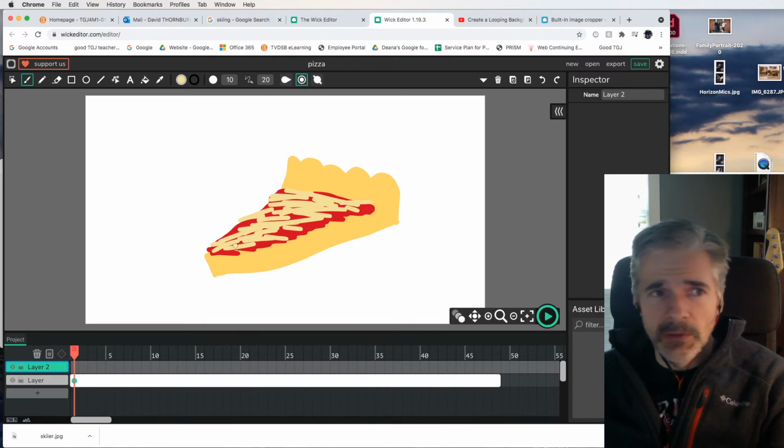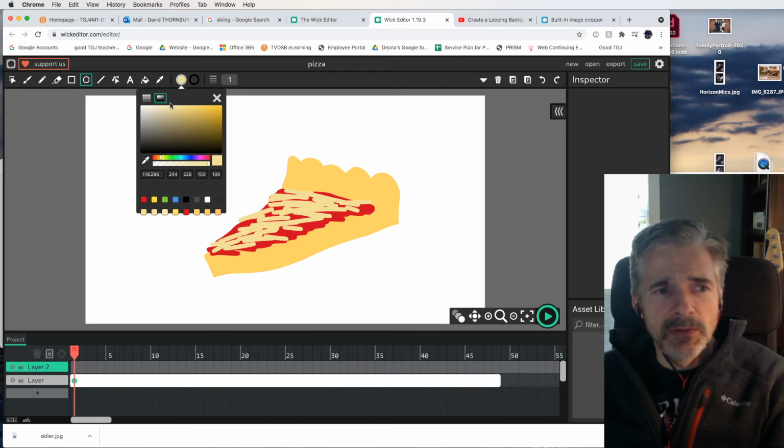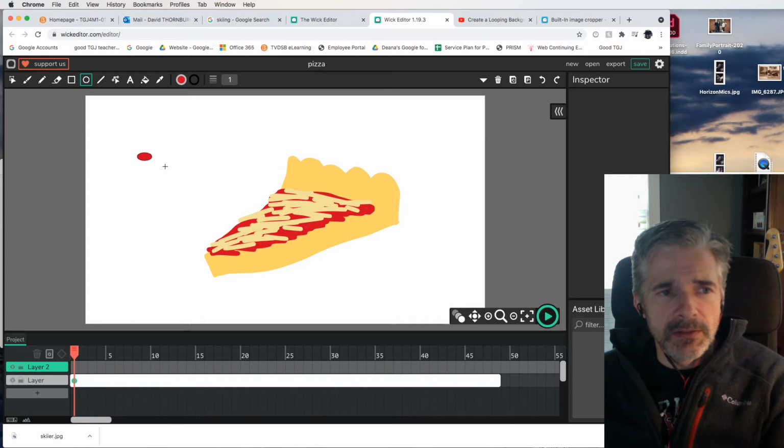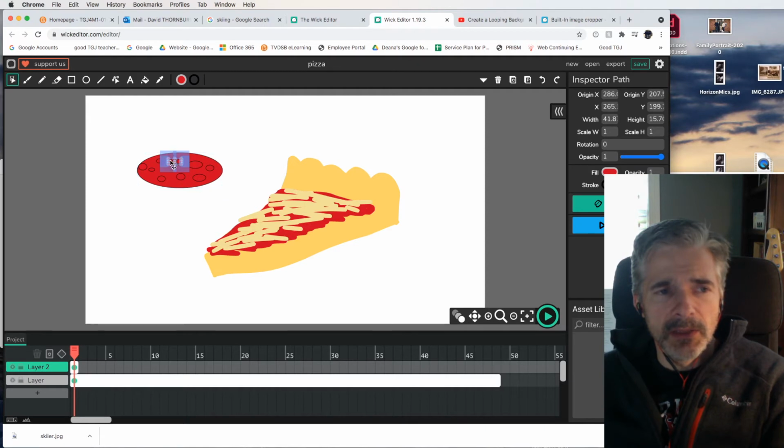Let's start drawing. Actually, I'm going to use the ellipse tool here, and I'm going to go back to the dark red here, and draw an ellipse, and we're going to make our pepperoni here. Make some little sizzle marks here. Okay, good. Now I've got a bunch of different things here. With my selection tool, I can select them individually, but I am going to have the whole thing animate. So what I'm going to do now is add more frames,